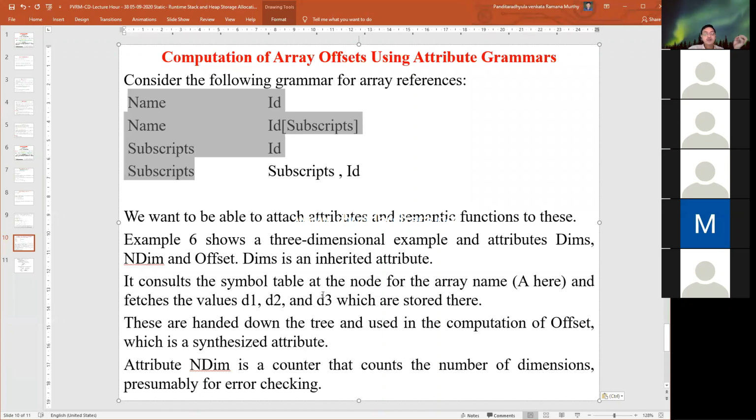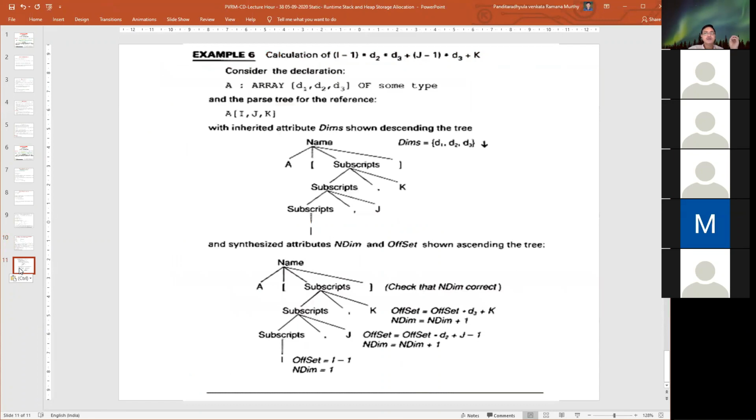Similarly, we can use a counter attribute, ndim, that counts the number of dimensions, presumably for error checking. That can be added in the grammar. So this is a small example of how we calculate subscripts for one-dimensional and two-dimensional operations and declarations of arrays.